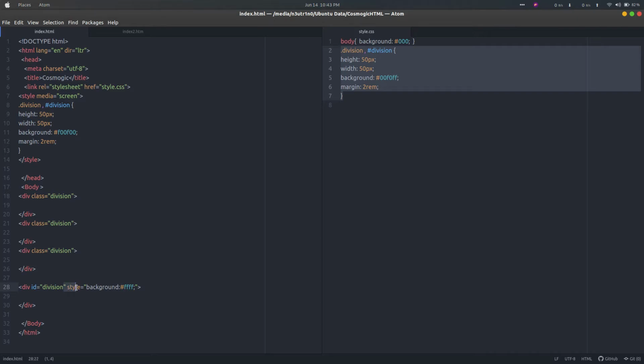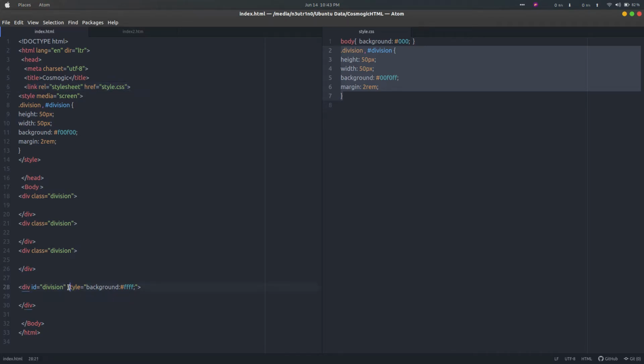So firstly it will be executed because it is inline and closest to that element. Then the style tag in the head works, and the third precedence is the external CSS that we have linked here.